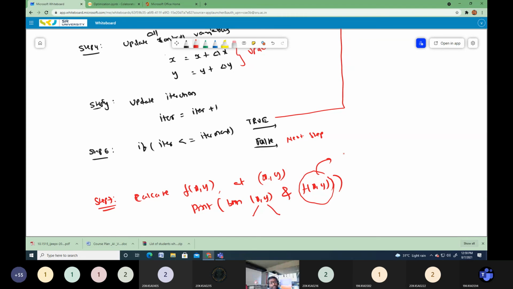That is the complete procedure to find the optimal solution for a multi-variable non-linear optimization problem using the gradient descent algorithm. Hope you understand the step-by-step procedure.